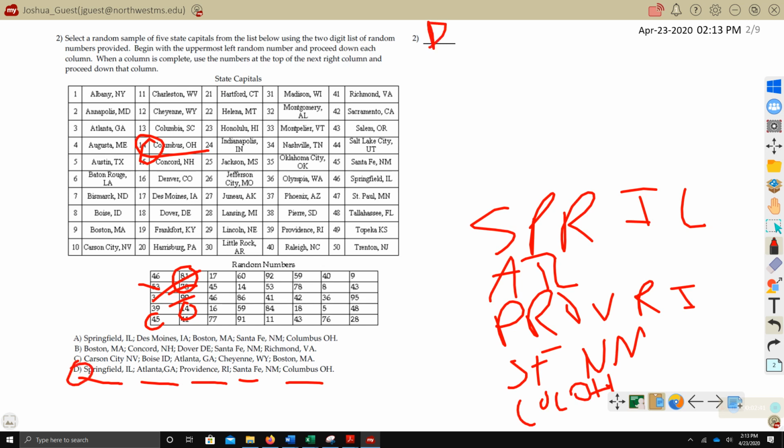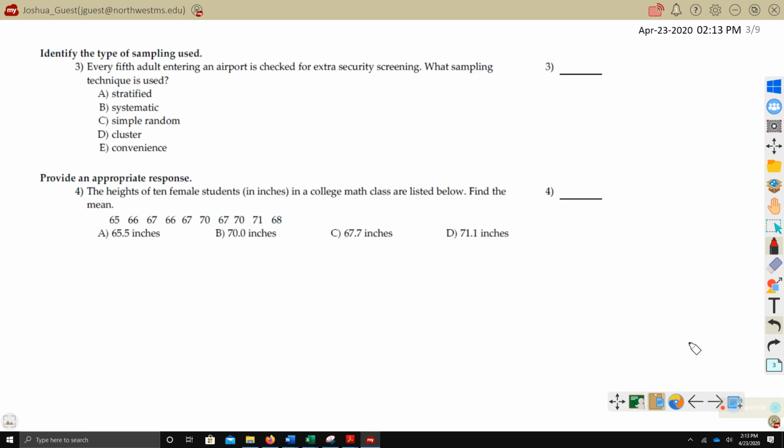for number 2. D. All right, so we go through, and 46 we picked it. 53 wasn't there, we couldn't pick it. 3 we picked it. 39 we picked it. 45 we picked it. And then we said, oh wait, 81's not there. 78's not there. 99's not there. And then we picked 14. All right. So let's look at the next one.